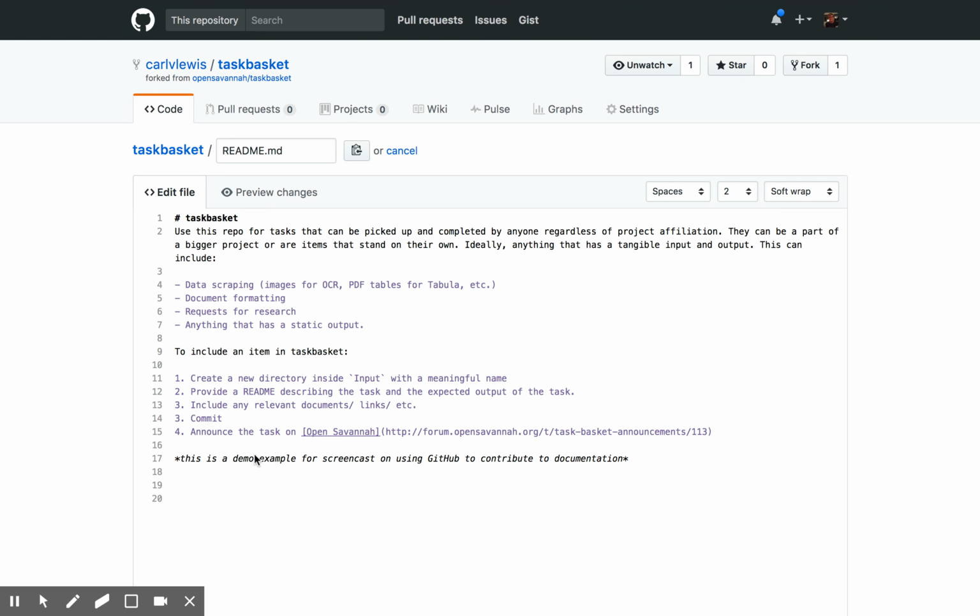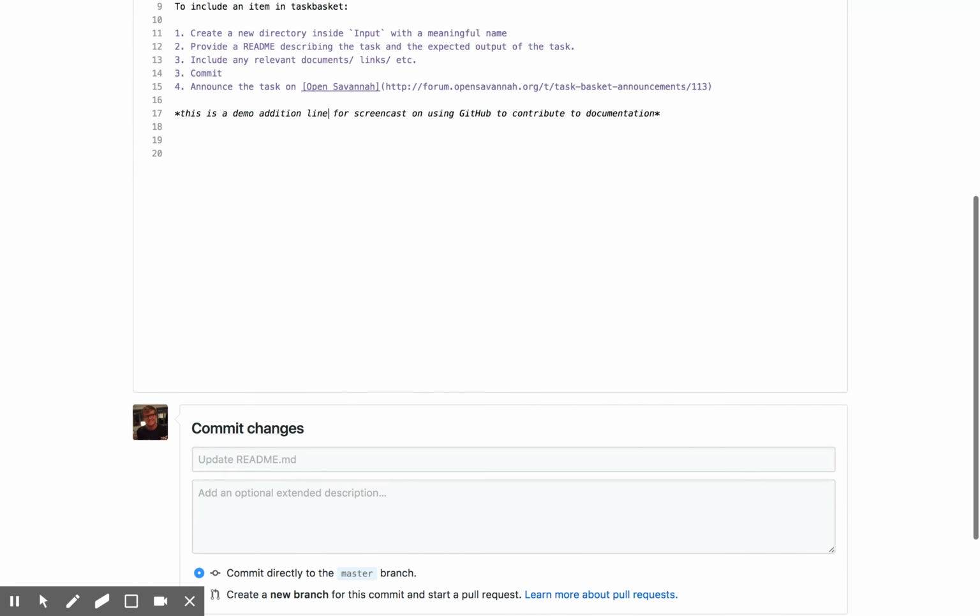I'm going to put this as demo edition. Just to show you guys how this process works, I've added this line here, and then I can commit the